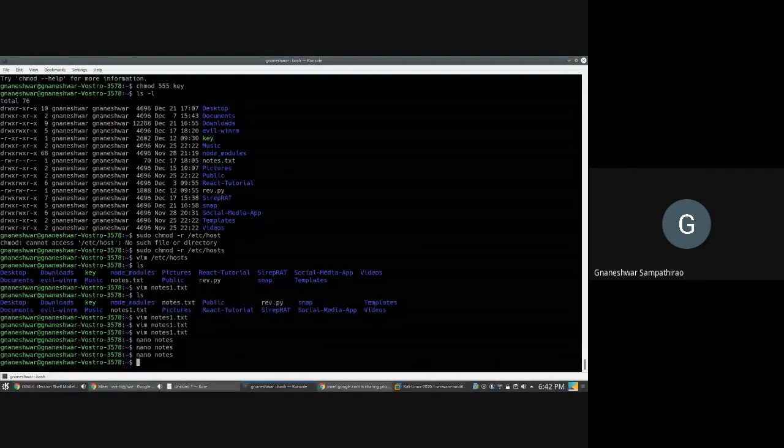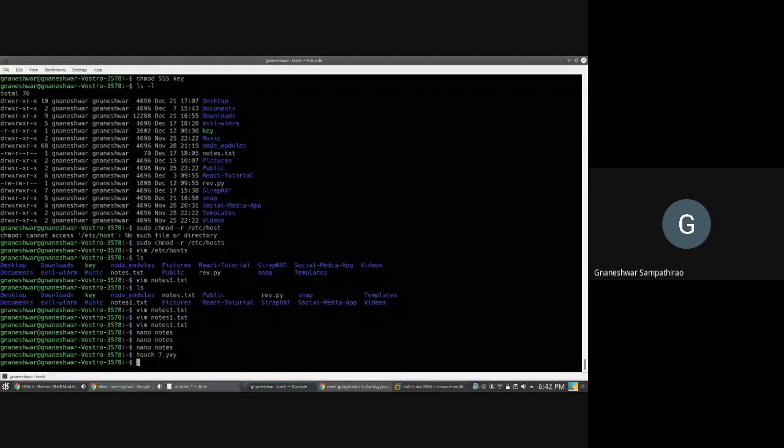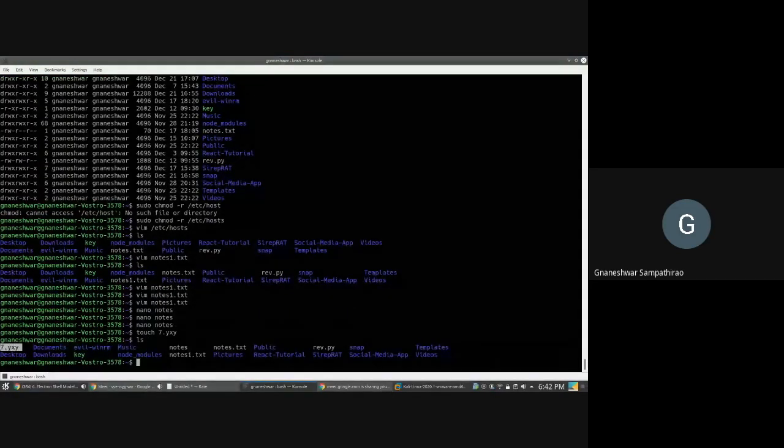And this is about modifying files using text editors. And you even have another tool called touch. Like you just want to create a file which has nothing in it, so you can use this command, touch7.txt. So it actually creates some file. Here you can see it actually creates a file. Simply, it has no data in it, so you can actually do some changes if you want later.